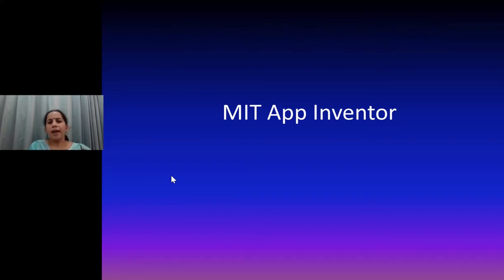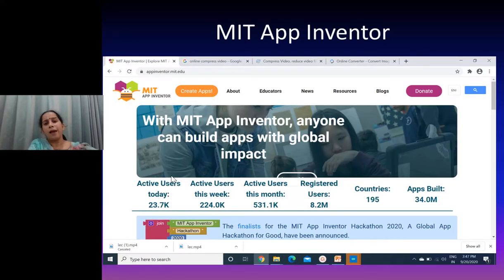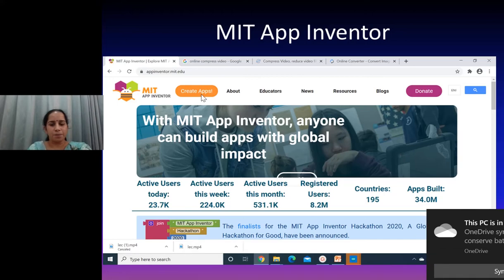What is MIT App Inventor? It is a provision given by MIT that you can build simple apps without using complex coding. You just have to drag and drop the components you want, and you can execute that. This is the home page of App Inventor, and from Create Apps, by clicking on Create Apps,